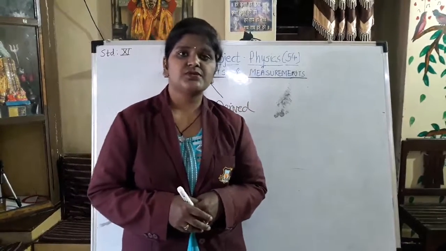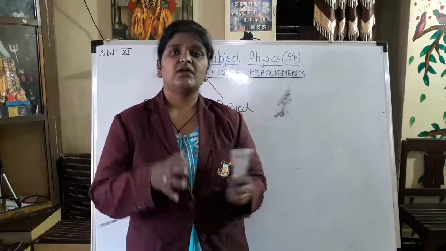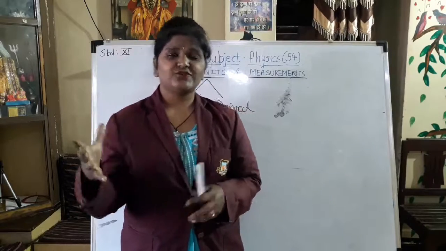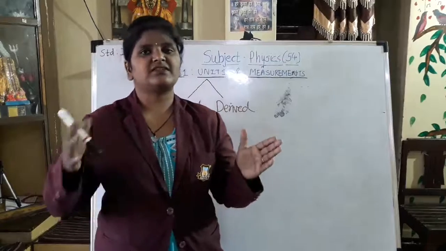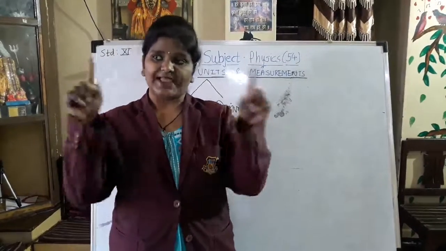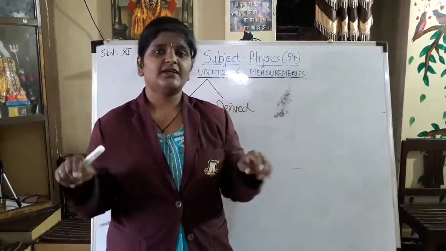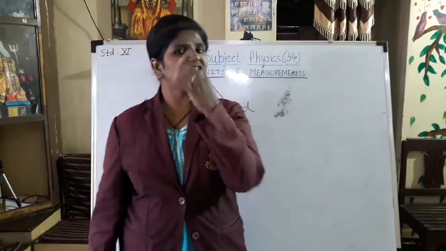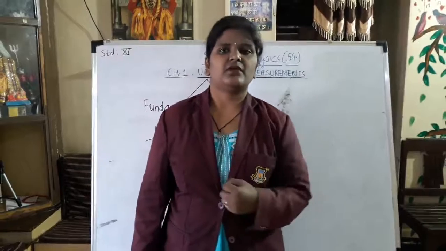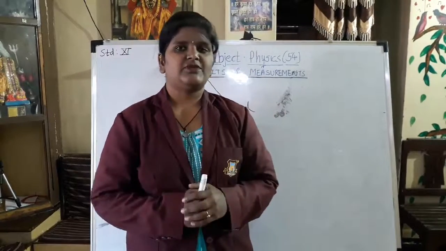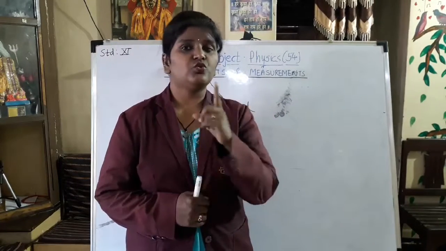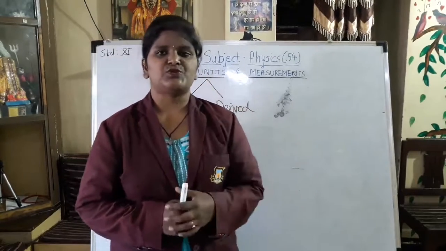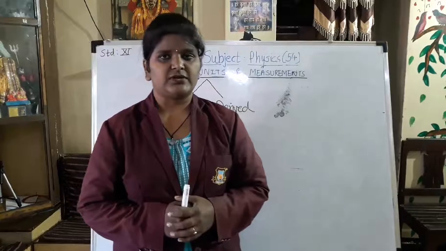What are dimensions? Dimensions are nothing but the power of anything. That means it has to be written in terms of length, mass and time. We put a square bracket, and inside that we put the whole physical quantity in only 3 terms, which are L, M and T. To derive the dimension of any physical quantity, you have to know the formula for it. So we have derived the dimensions of many physical quantities.